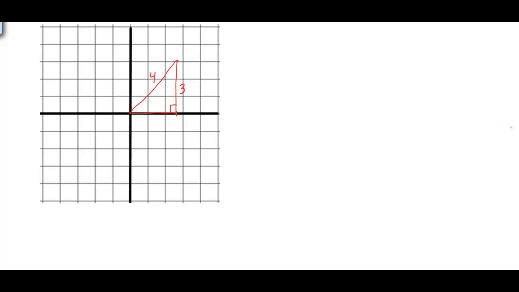All right, here we have another example, and we're given the two sides of our right triangle, and we want to find the other side. So down here, I'm just going to call this side x. So we want to find what is the value of x here. Now, if you notice this case, we're given the hypotenuse is 4, and then we're given one of the other sides. So if we use our formula, once again here, that is a squared plus b squared